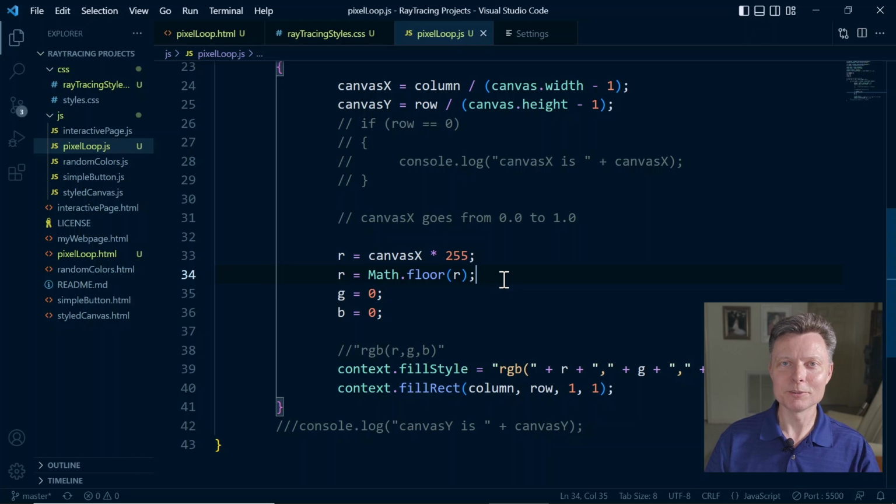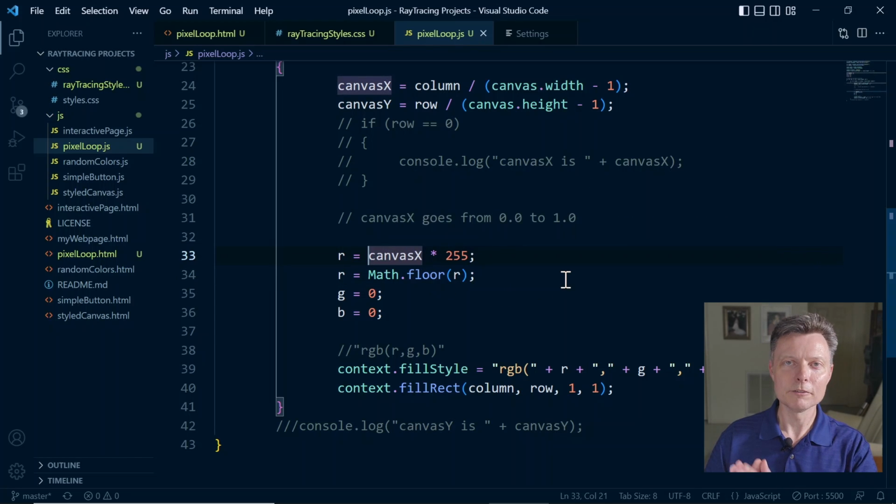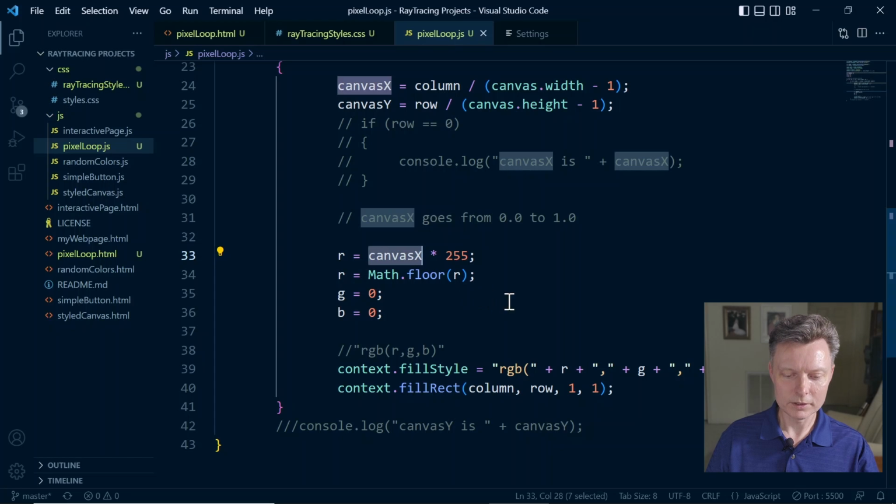So now that we have this working, let's have some fun with these numbers. Let's see if we can get some different patterns with our canvas colors. Let's say we wanted to reverse it, so have it be full intensity on the left side of the web page to 0 intensity on the right side, the opposite of what we just did. All you need to do in that case is subtract canvas from 1. So put that in parentheses,